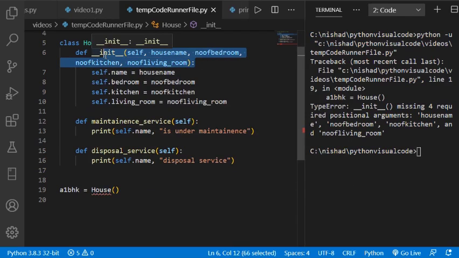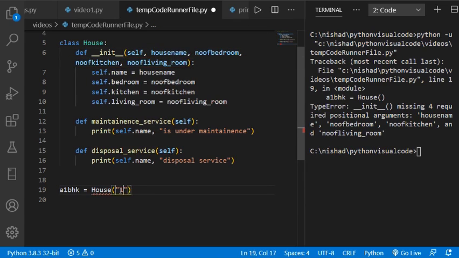Okay, so this is the special method in Python classes. It is expecting a house name. So what should be my house name? If I am creating a 1 BHK house, it should be 1 BHK, right? It should have a bedroom, each and every house. So what I have done here is that these 4 attributes are compulsory for each and every object of this house class. Each and every object should have a name, a bedroom, a kitchen and a living room.